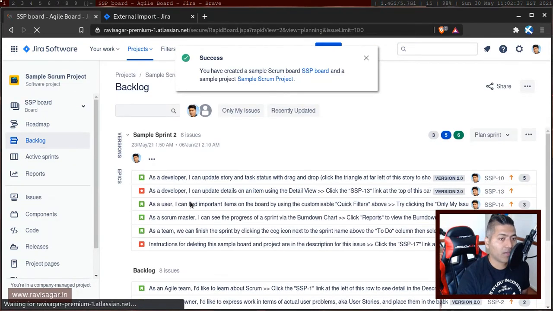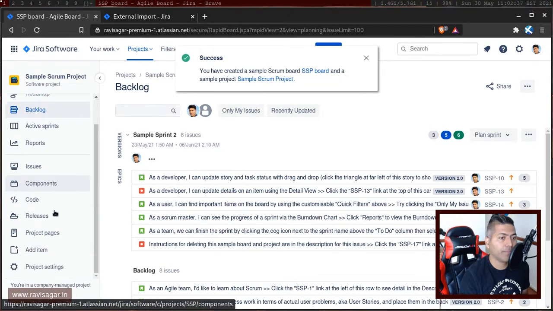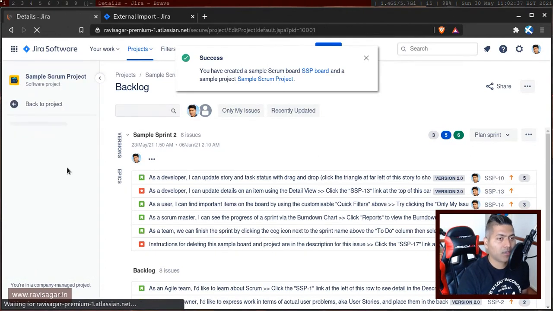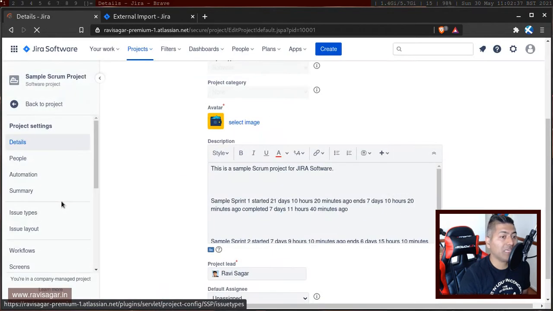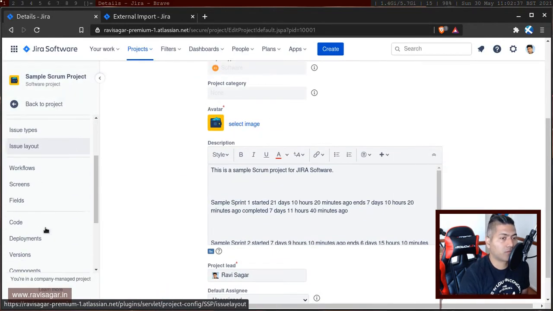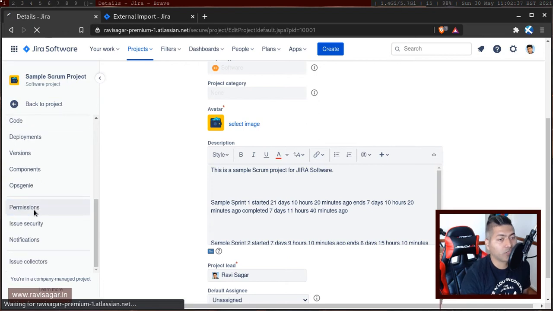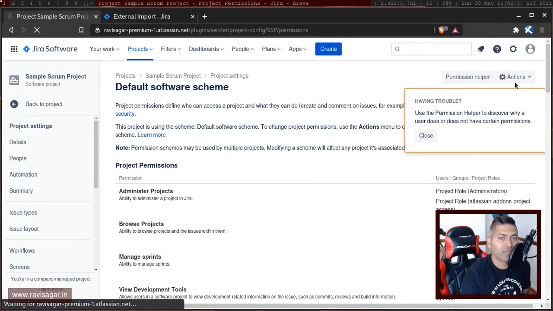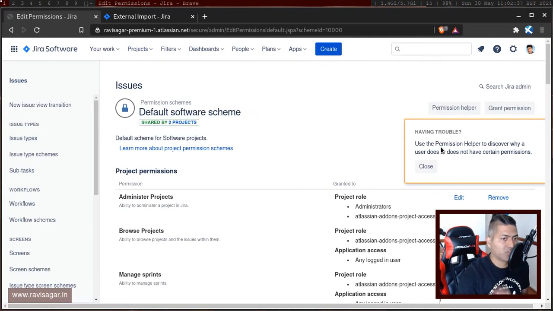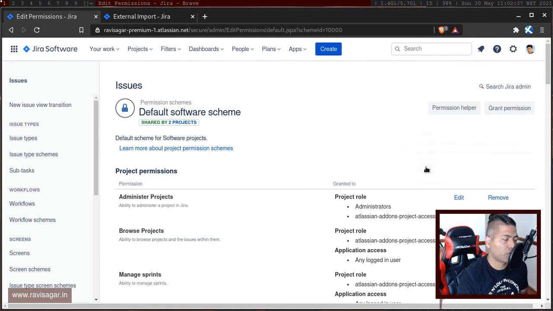project will work. And by the way, if you are on the Premium version or even on the Standard version, you should be able to use the schemes for permission. There is this option called permissions on the left-hand side, and you should be able to change it if you are on a paid version. This is the only thing which is missing on the free version, which I'm fine with, because I use the free version mostly for my own personal demo purposes, and also my service desk. But I think this can be useful. So this is amazing, and of course you have to pay for it.